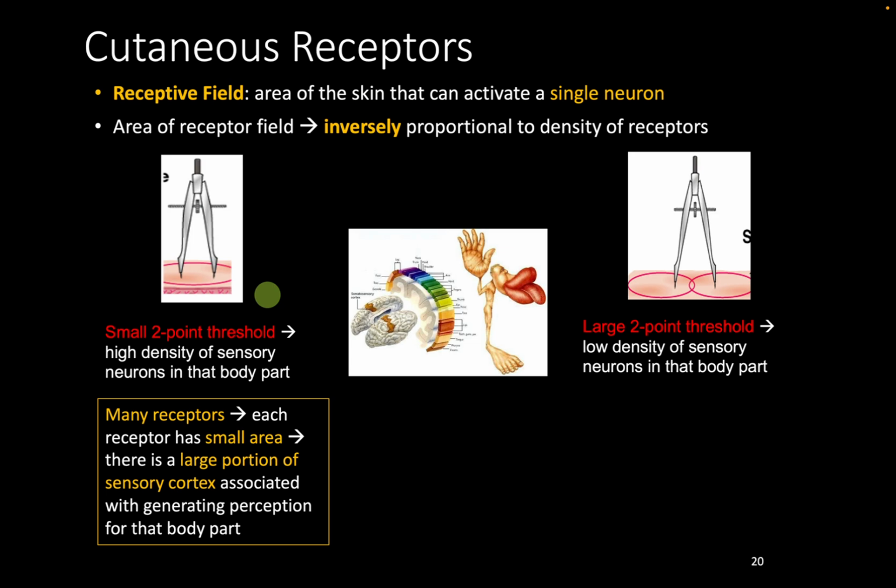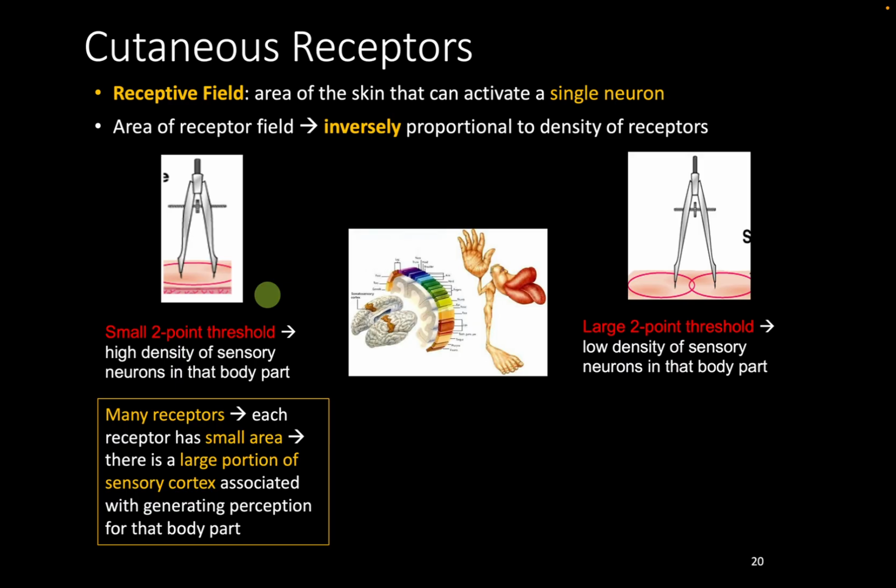So what does that mean? That means there's many receptors, but if there's a lot of receptors in that area, they're very tightly packed, and each receptor is only responsible for a tiny, tiny little area. That's what makes it so precise. And if that's the case, then that means your brain has a lot of sensory cortex associated to that